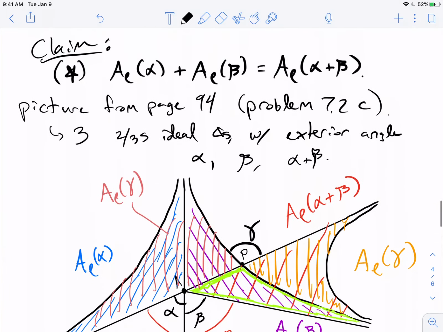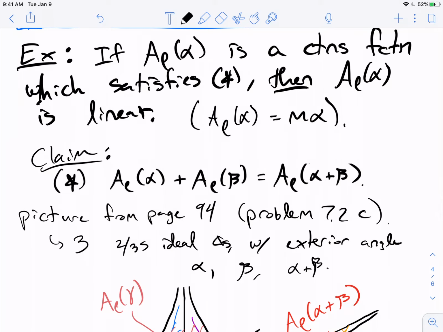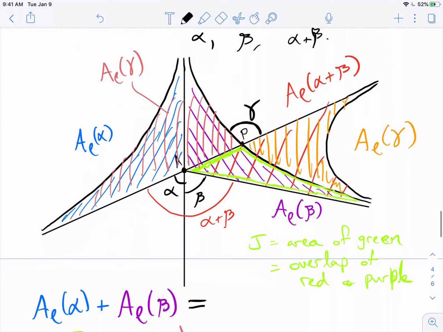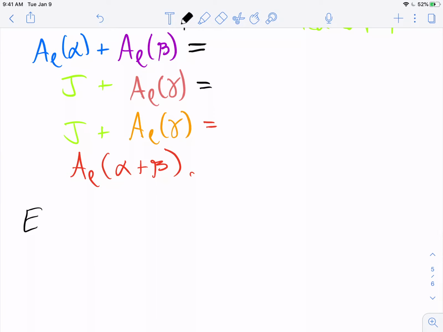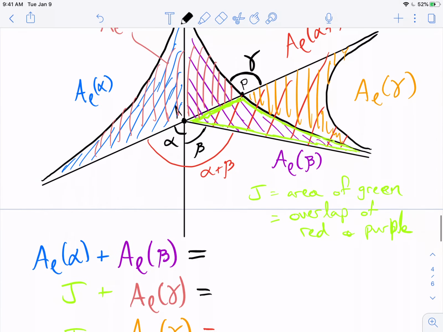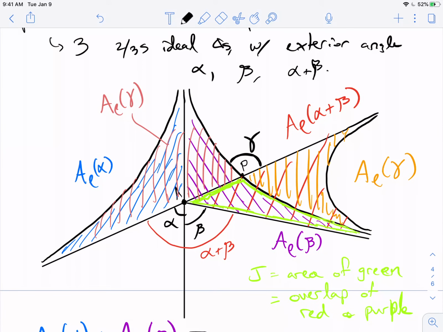And let me add that the next step is to show that if you have a continuous function which satisfies this claim, which we just proved, then it must be linear. And I'm leaving that as an exercise to you. One final exercise, which is a good way to test your understanding of this, would be to try to repeat this proof, but